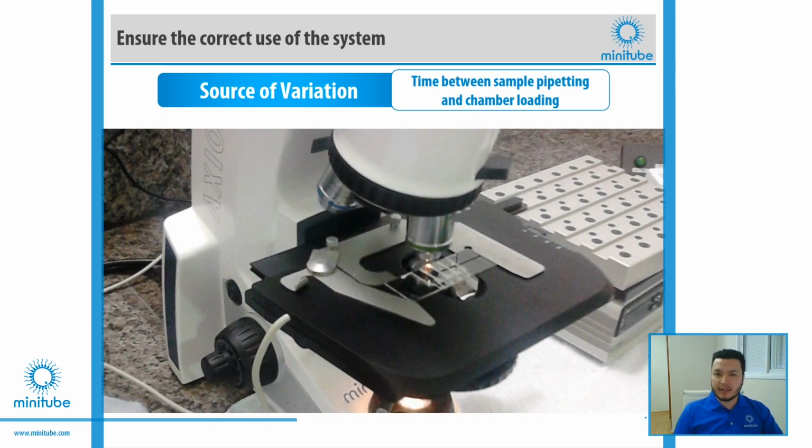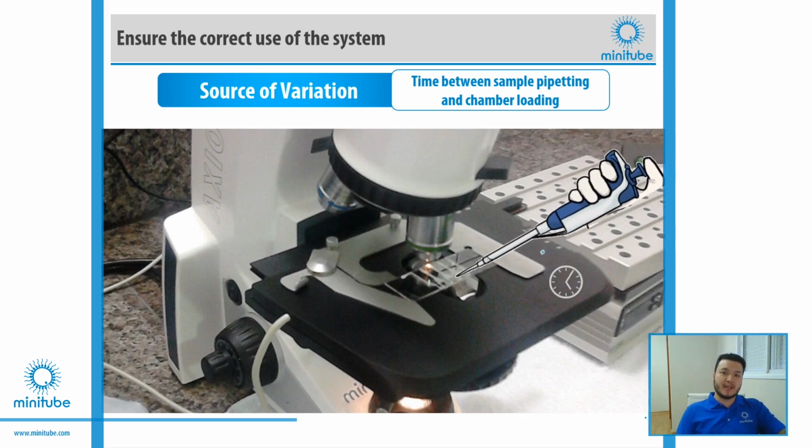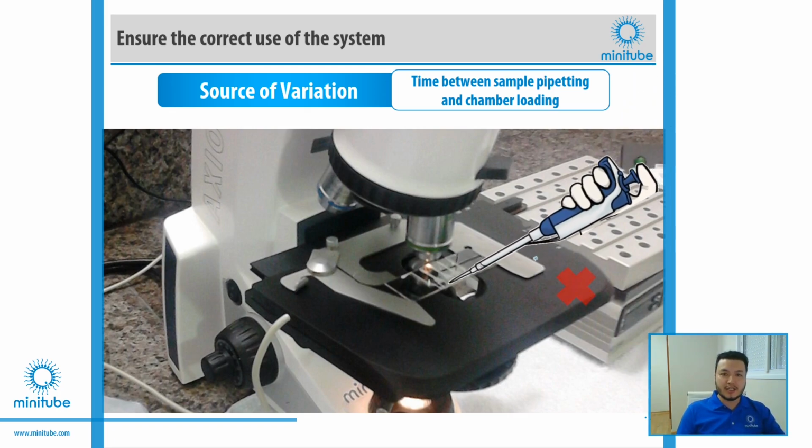Time between sample pipetting and chamber loading. This is a very critical point, mainly for motility. It's not recommended to take the sample directly from the heating block because you cannot really see where the sample is. It's also not recommended to keep the counting chamber always in the reading position at the microscope stage because it is an area where the counting chamber does not have direct contact with the warming plate. So people do it wrongly to save time and labor. But in the end, this long time span between taking the sample and reaching the counting chamber is sufficient to considerably decrease the motility of the sample.